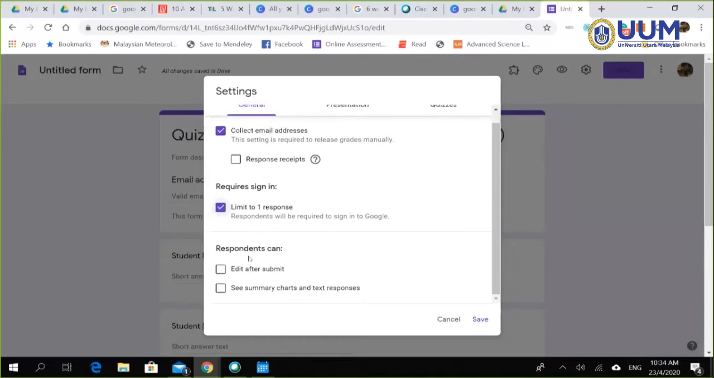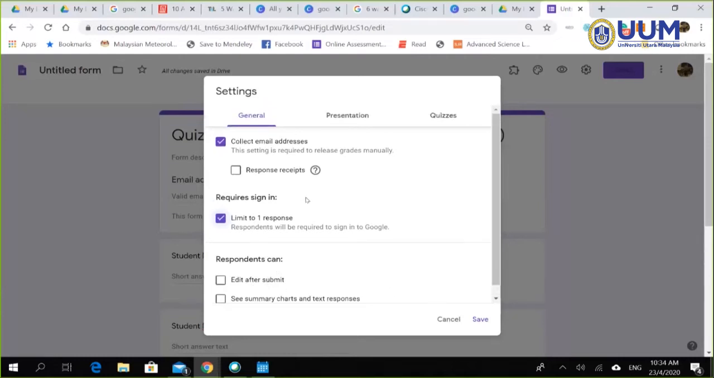If we don't tick here, the respondent can edit the submission. We do not need to do this one. See summary chart and text responses: no need to do this one because we don't want our students to edit the answer after they submit the question. Okay, and then